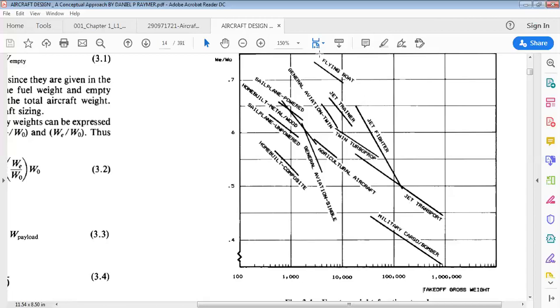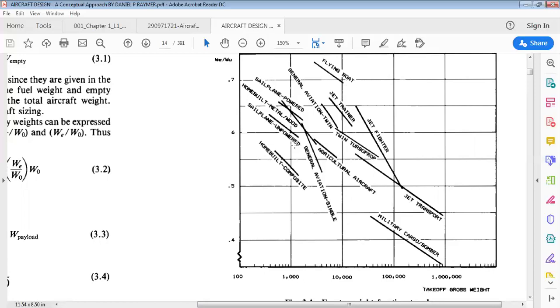So whichever aircraft it may be, if you are going to design a flying boat, take from this graph. And for a powered sail plane, the empty weight should be in between these, wherever they oscillate. These graphs are called empirical graphs, taken from repeated experiments. We did it for different types of aircraft and put it in a graph. So from this itself, you are going to select that.